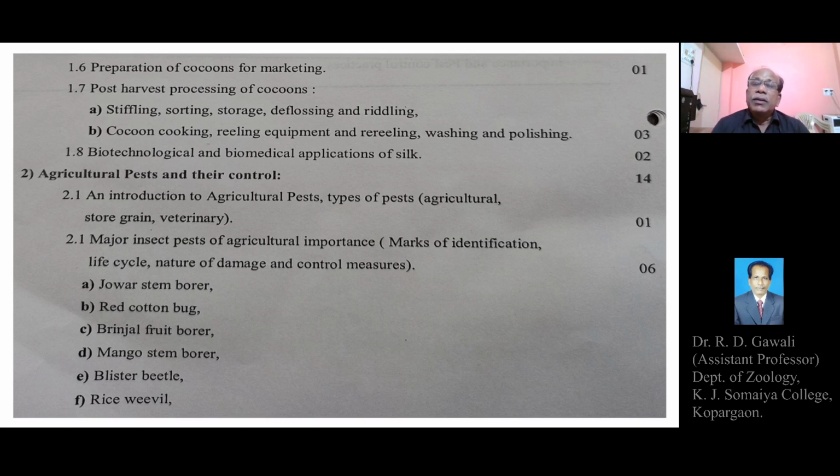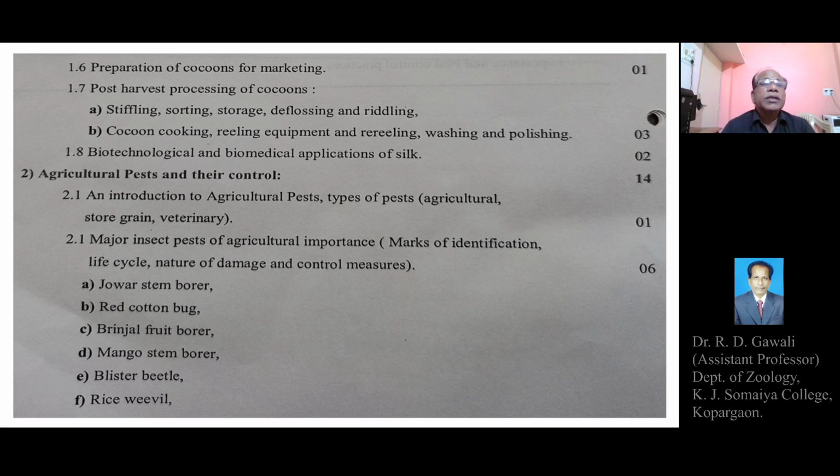So, the cultivation of mulberry and rearing of the silkworms in the rearing house, these are the two steps of sericulture which are performed in the field by the farmers or the sericulturists. So these two steps are the agricultural part of sericulture. Cultivation of mulberry and silkworm rearing are the agricultural part of the sericulture, and after harvesting and marketing of the cocoons, or sale of the cocoon, the industrial part of the sericulture begins.